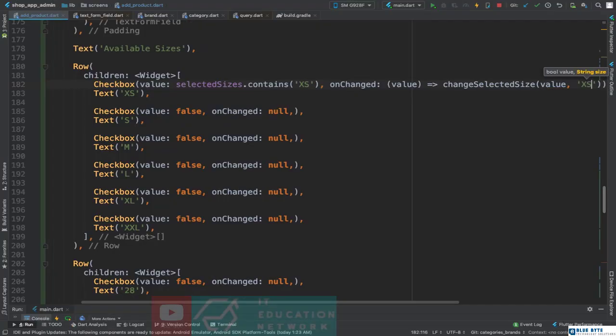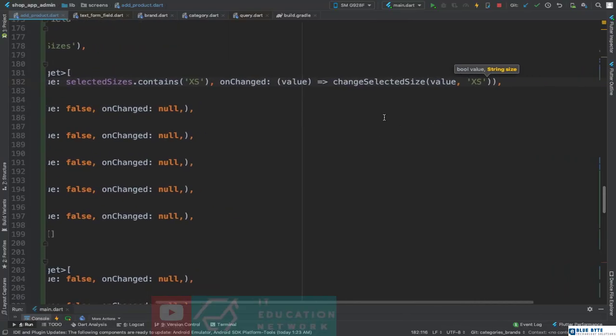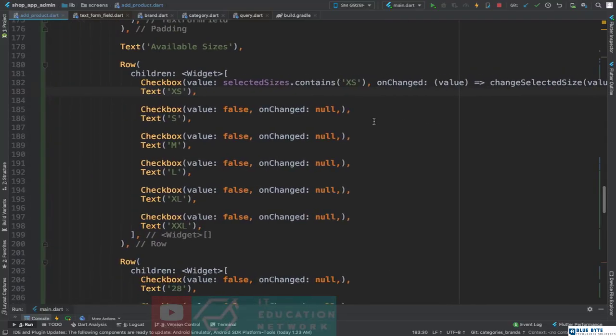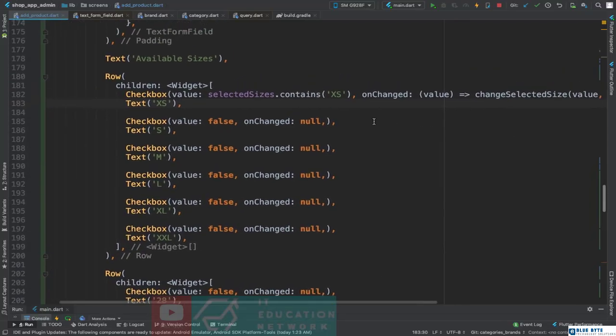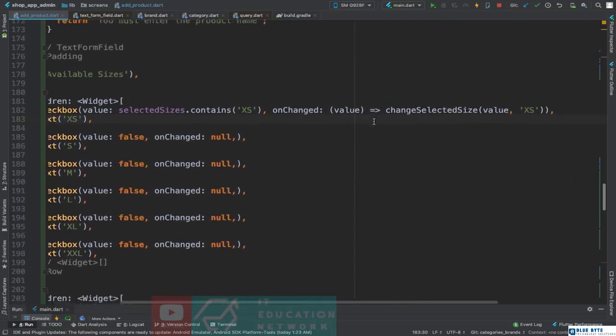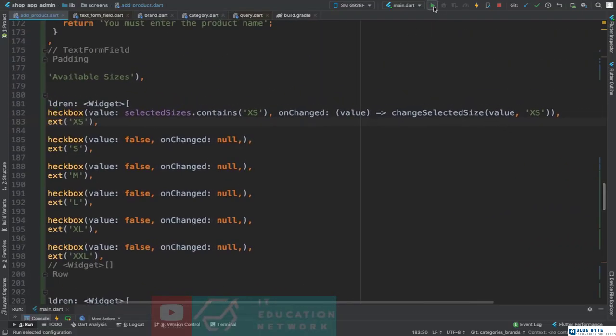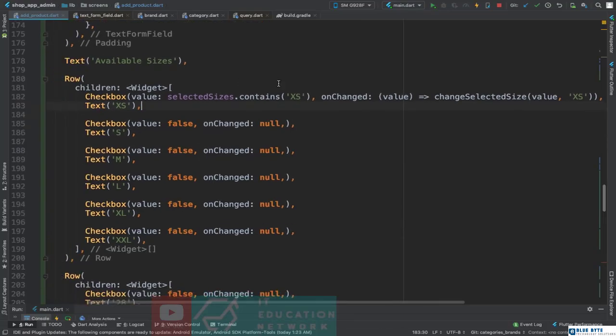For this case, it's going to be this. Okay, let's run our app. So what we're doing here, first we're checking, we have this selected sizes, which is a